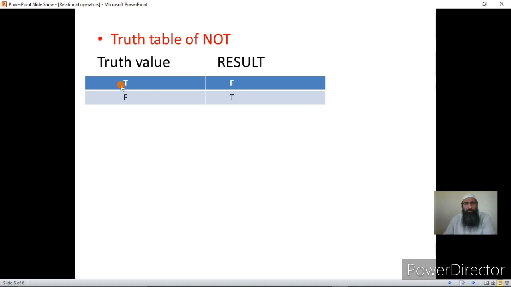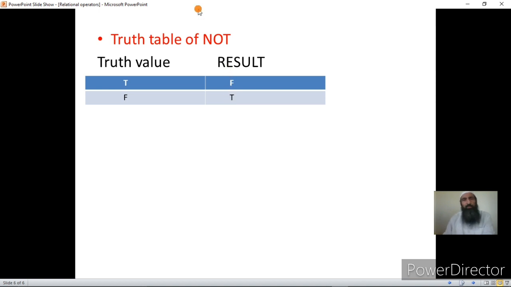So in case the operand is true, the result produced by NOT will be false, and in case the operand is false, the result produced will be true. See, the AND, OR, and NOT don't change the operands, they produce the result. Suppose we add two numbers, 2 plus 3, the result is 5, but the two numbers won't change, so the operation does not change the operands itself. But the operation produces a result that is a truth value.